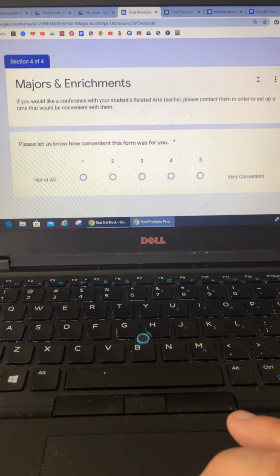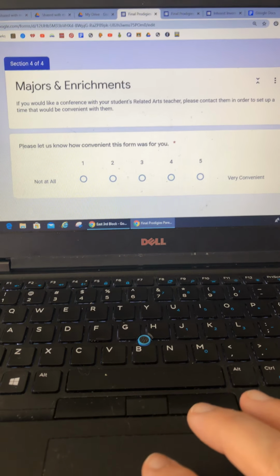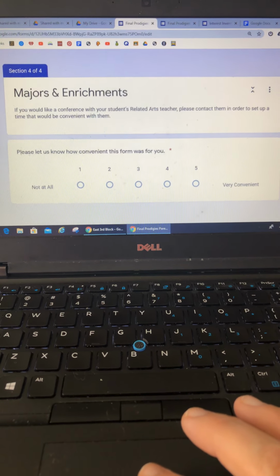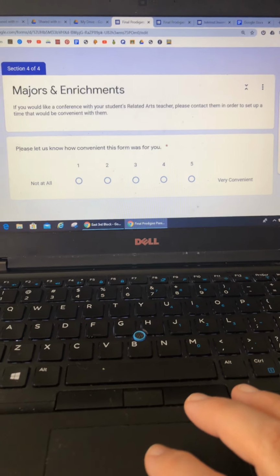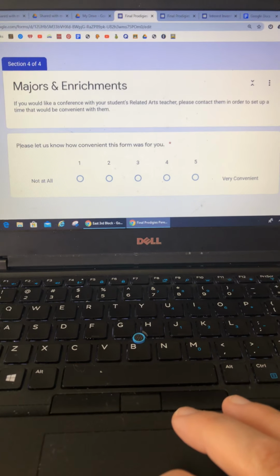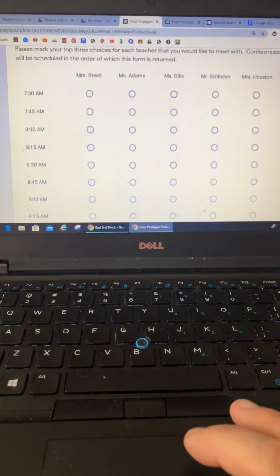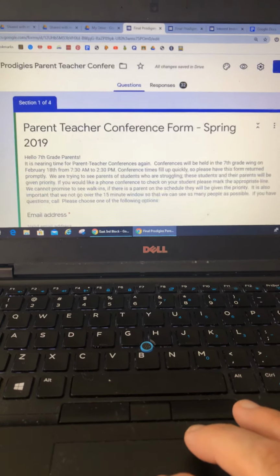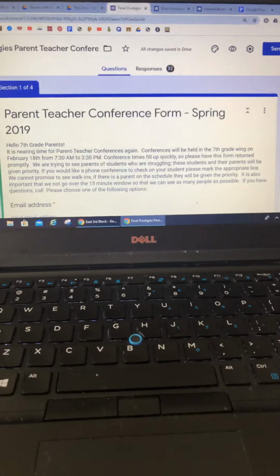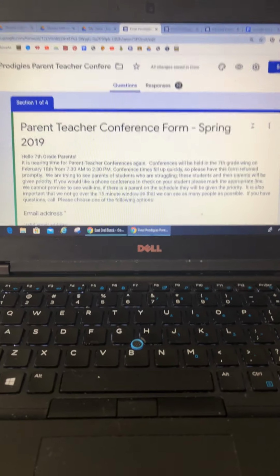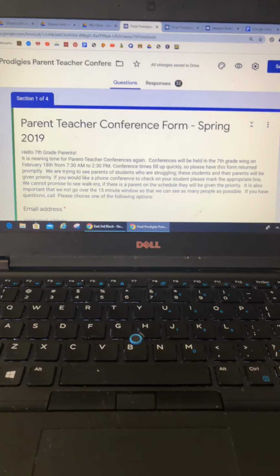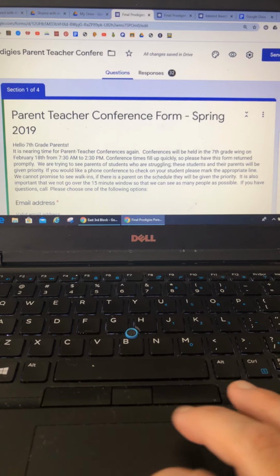And then we had section 4, which was just asking, was this an easy way to do things? So that was good. This is a way, and it really worked well. If we had done this on paper, we would have gotten probably maybe, I don't know, 15 or 20 responses, but we did receive